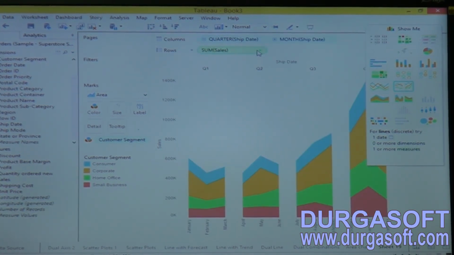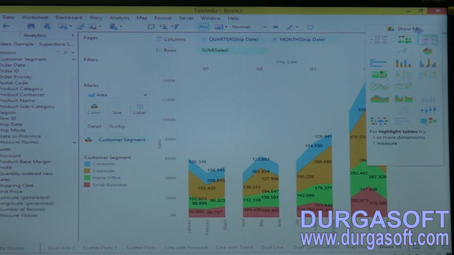This is the way to apply the discrete chart. Now see this, quarter 1 is divided by month wise, quarter 2 divided by month wise. This is the way to represent the data, the area continuous and area discrete.